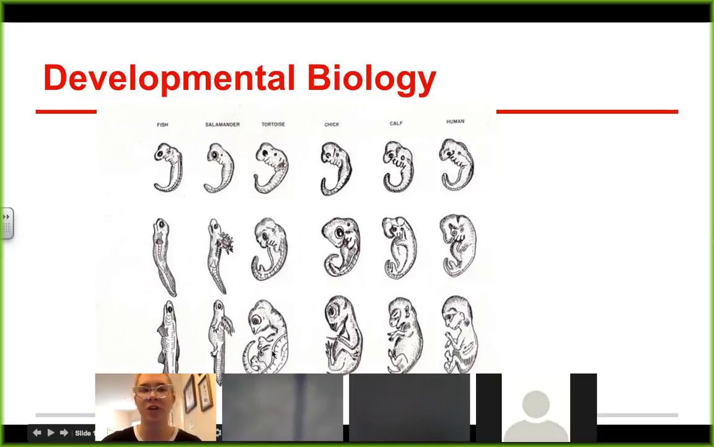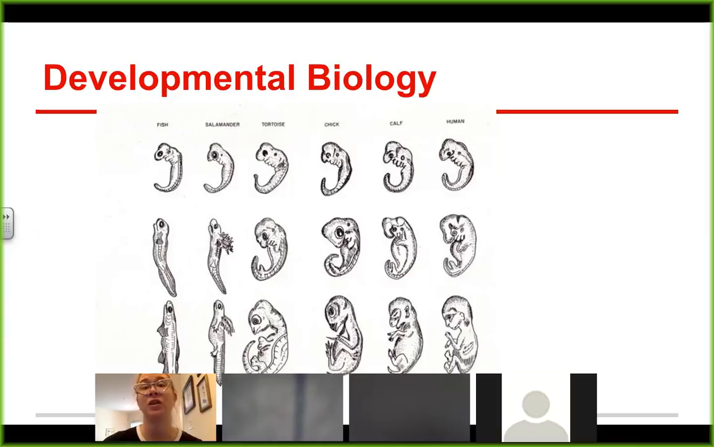The turtle will get a shell. The salamander gets like wing things. And then the fish obviously looks like a fish. So later in development, they do diverge, but all organisms look really similar in the early stages of development, which is another piece of evidence to suggest that